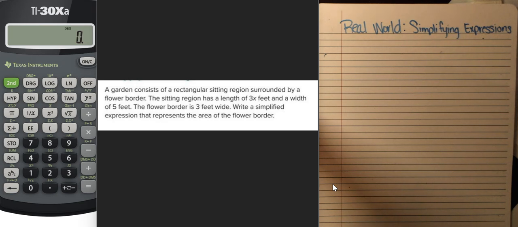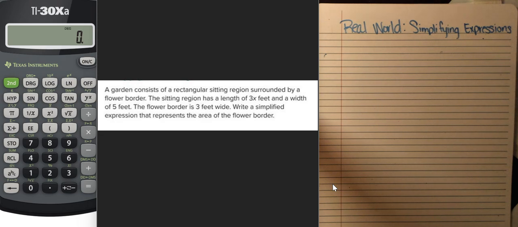All right. So now we are looking at a real world scenario where we're going to simplify expressions. They tell us that a garden consists of a rectangular sitting region that is surrounded by a flower border. The sitting region has a length of 3x feet and a width of 5 feet. The flower border is 3 feet wide, and they want us to write a simplified expression which represents the area